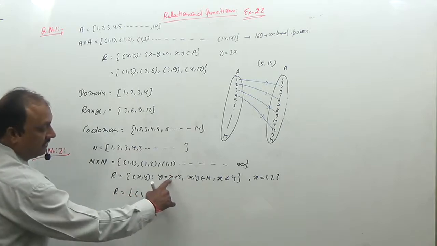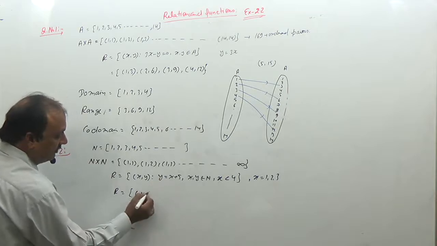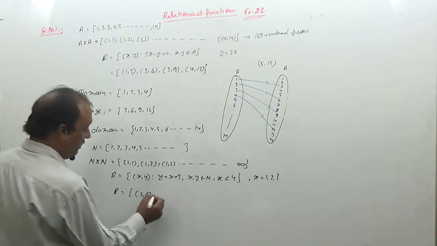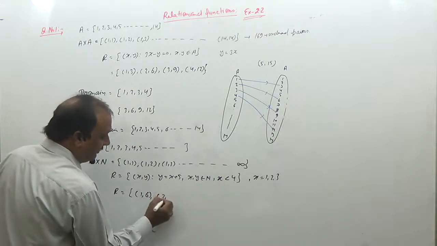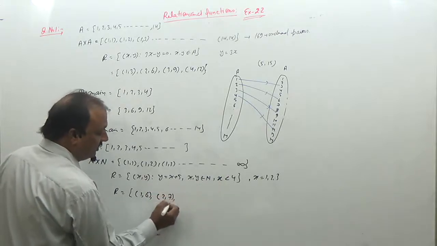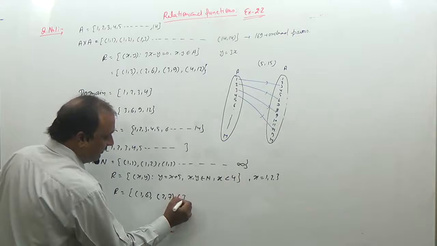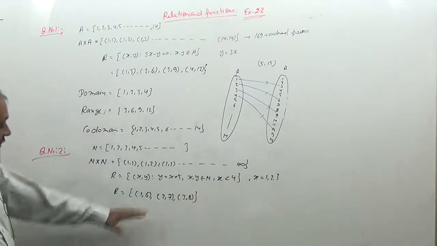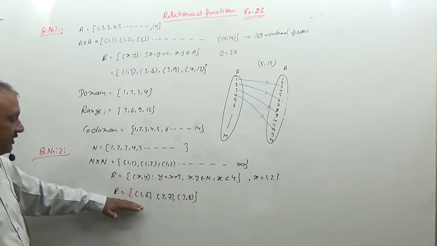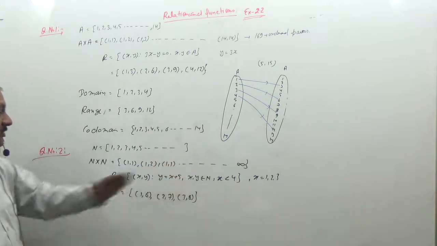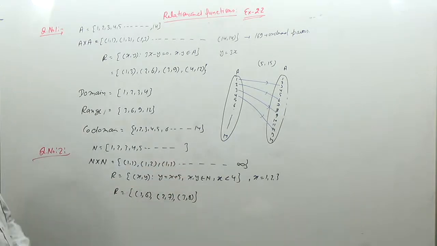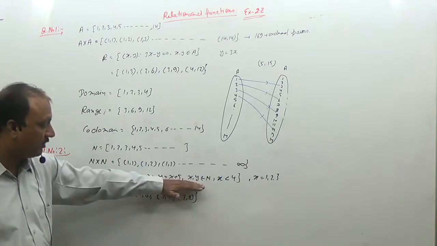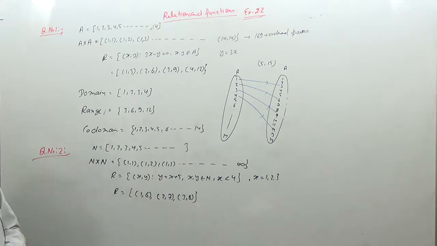So first we take x equal to 1; when x is equal to 1, y is equal to 6. पहला ordered pair आएगा (1, 6), क्योंकि वो इसको फॉलो करना है। Second, when we take x equal to 2, y is equal to 7. Third, when we take x equal to 3, 3 plus 5 is 8. So there are only 3 ordered pairs in this relation, which follow y equal to x plus 5 where x is less than 4. तो केवल 3 ऑर्डर्ड पेयर हमने यहां पे फिल्टर किए हैं, चूंकि उन्होंने इस कंडीशन को फॉलो किया है, तो यही एक रिलेशन है.